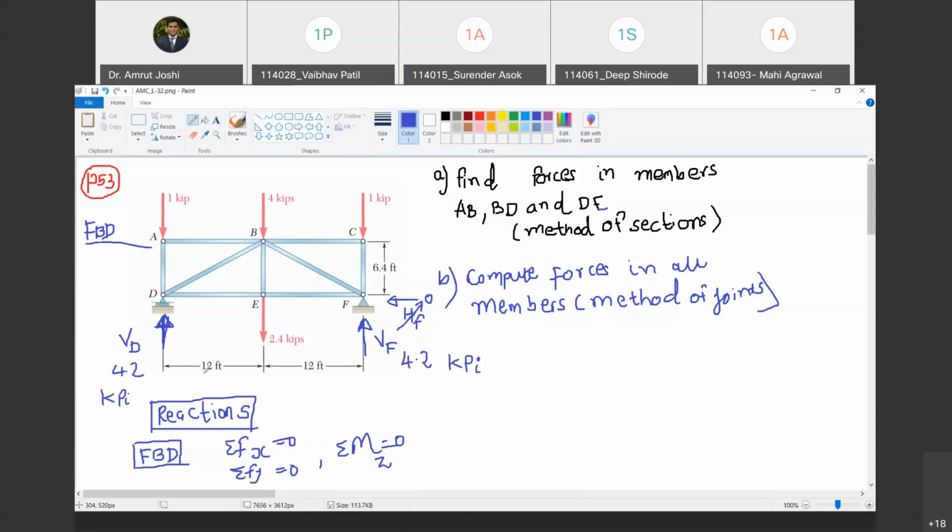So what is the trick that I have told you? Look at whether there is symmetry of loading, whether there is symmetry of geometry, whether there is symmetry of reactions. If all these symmetries are satisfied about the line that bisects the structure, then we are going to be very sure that each vertical reaction is going to be the same.